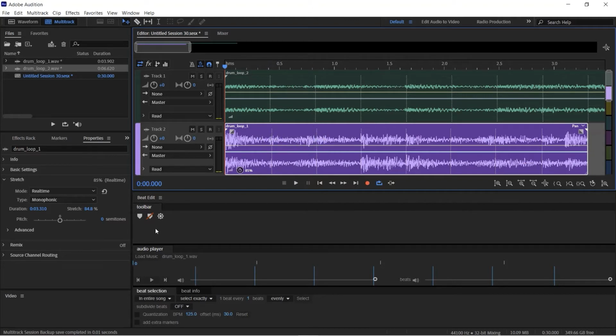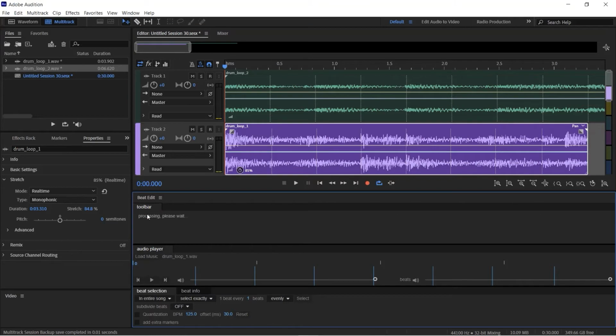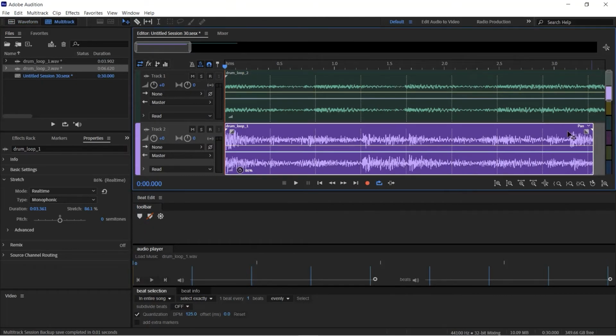So let's try deleting those markers, turning on quantize. And you'll see that they're still slightly off here. That's because we've got a bit of an offset that BeatEdit has detected. So let's set that down to 0 because we don't need it. Delete those markers again. And you'll see that once we just stretch that out a little bit, those markers will